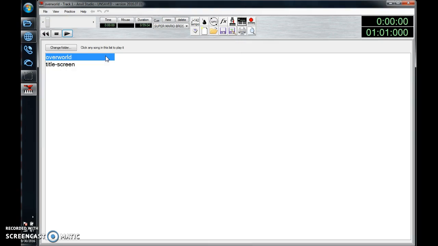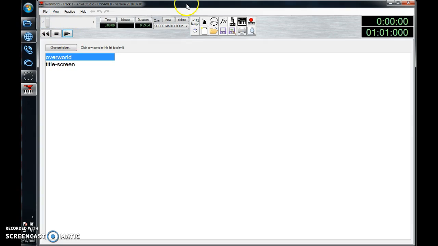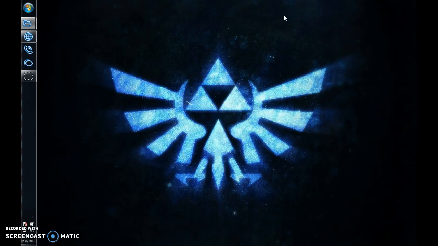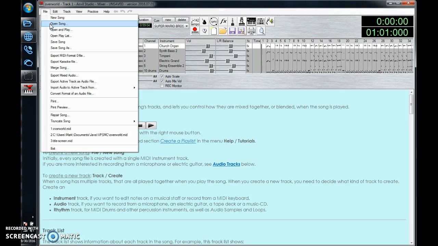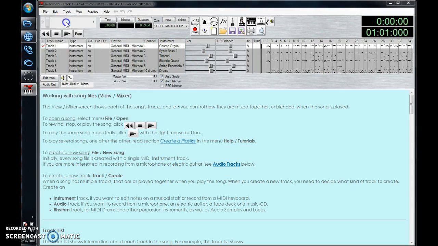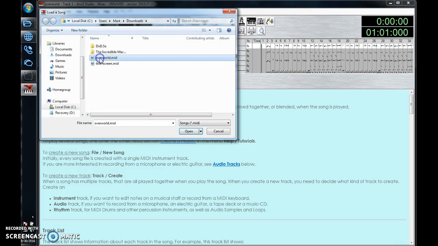I clicked on the wrong thing. Okay. What did I do? Anvil Studio. So I clicked on open and play. That was the problem. Go to overworld.midi